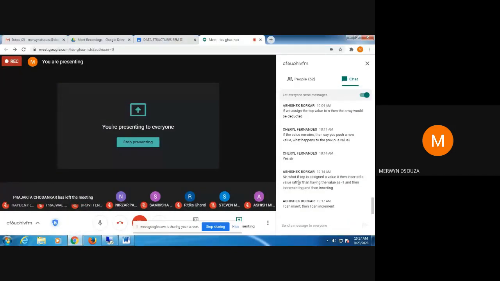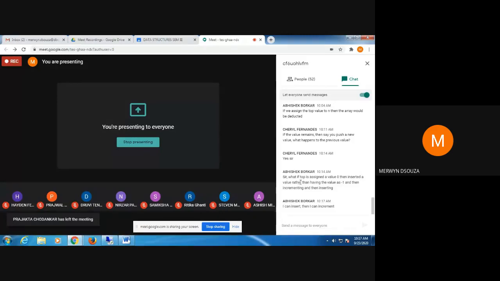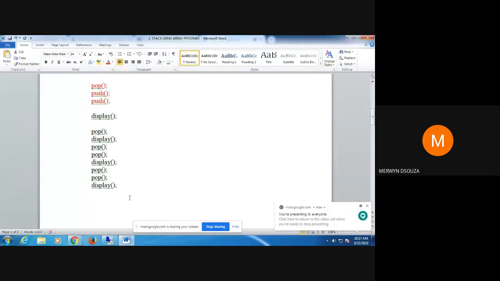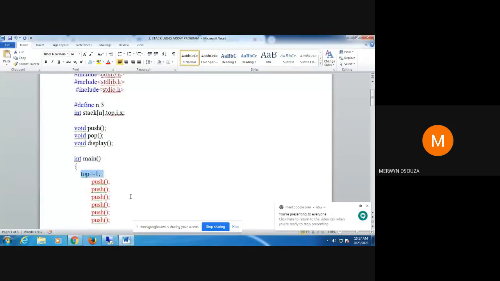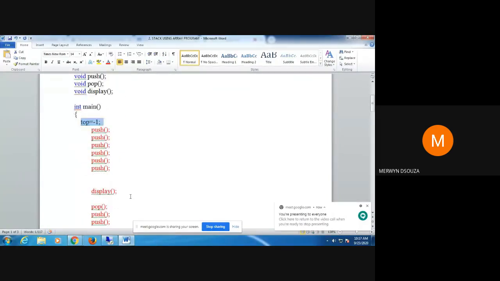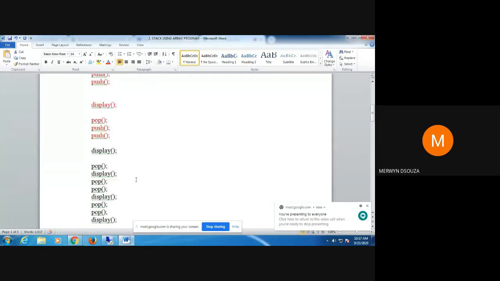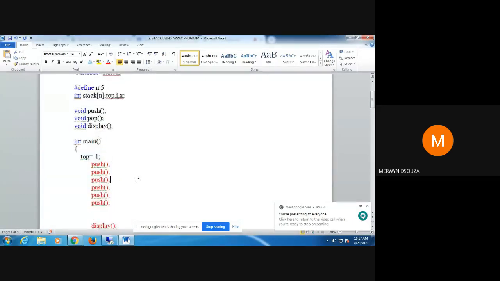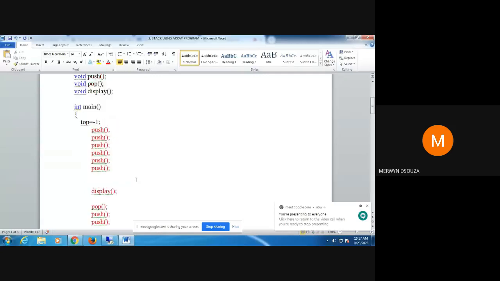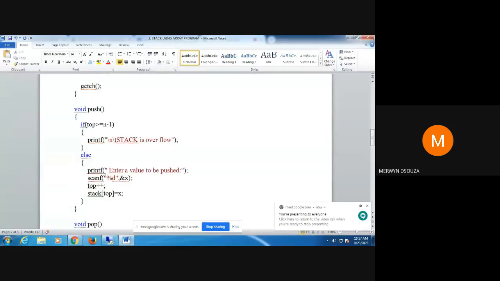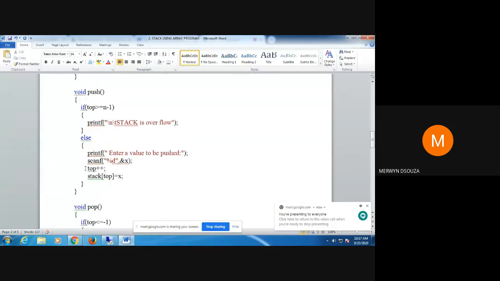I can insert and then I can increment. Yeah, you can do that. But normally this is the way it will be done. Because when your stack is empty, that time it may work. Second time, how will it work? Yeah, I think it will work. You can do it, but this is the normal way we do it. Normally, that's the standard way, we set the initial value of top equal to -1.